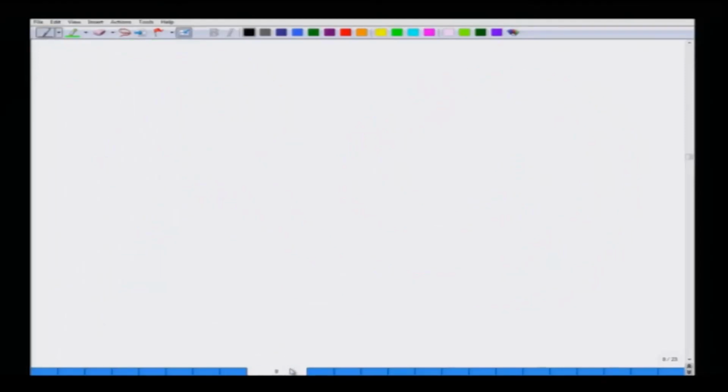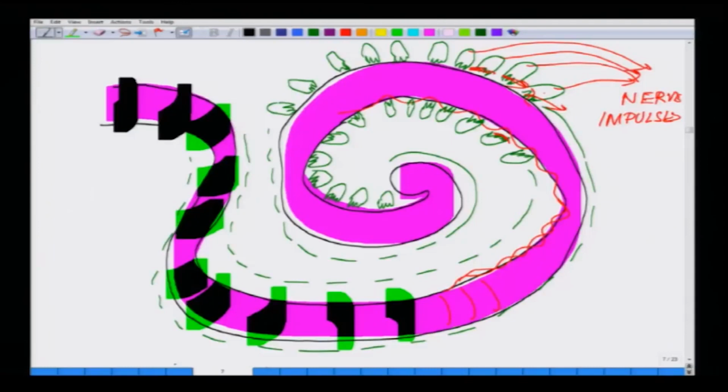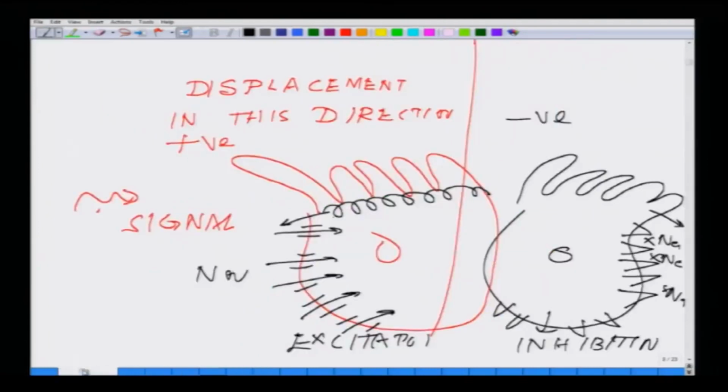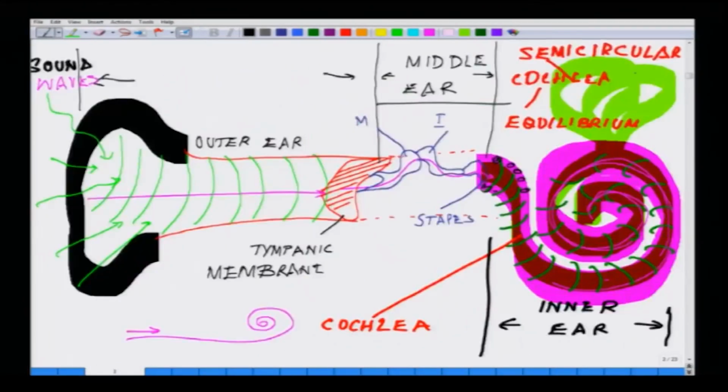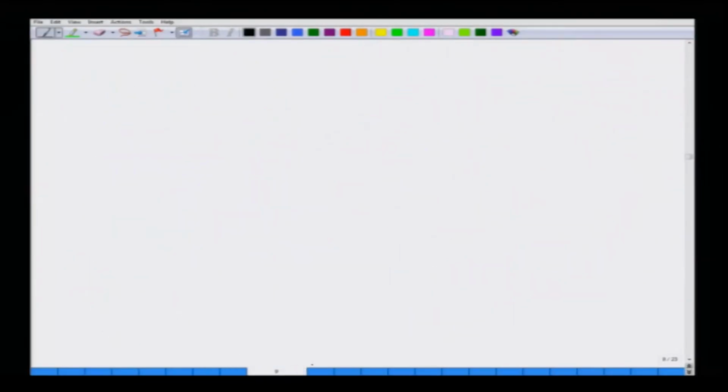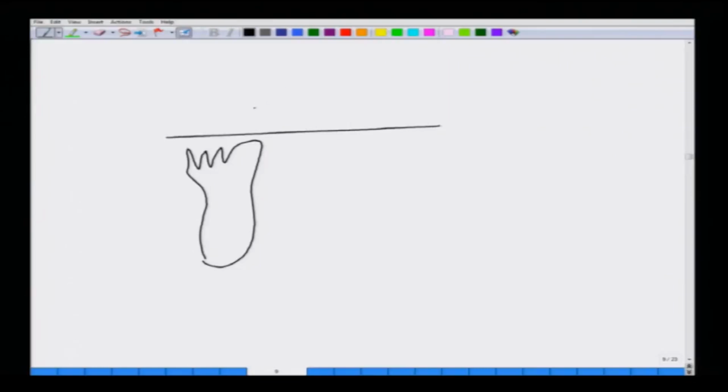Some of the features to be added now: one more thing I have to tell you, which is slightly off the track, coming back to this structure. When I told you that it is involved in equilibrium, there is one more feature. Let me add that, and then come back to the sound processing. What is happening in those cells? Again they have the hair cells sitting like this, and there is a membrane on top of it. But out here there are some